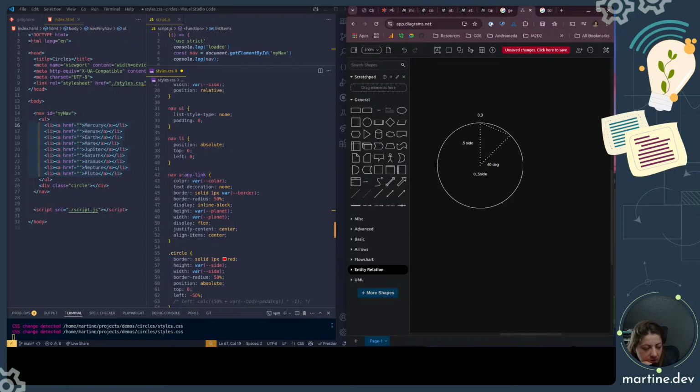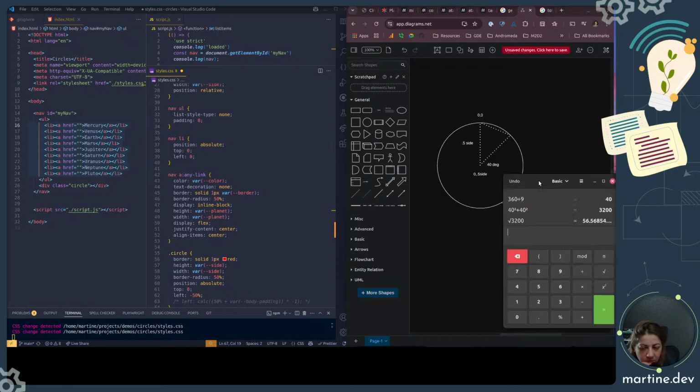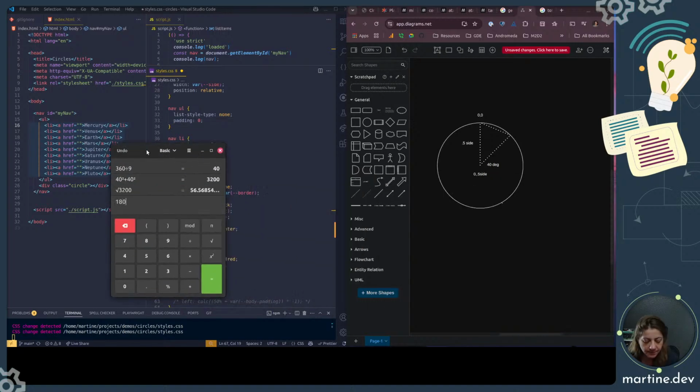So that gives us those angles. (180 minus 40 divided by 2) gives us 70. So we know that those two angles are both 70 degrees. I don't know if that's helpful or not, but so if we're going